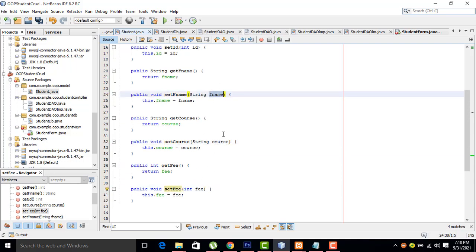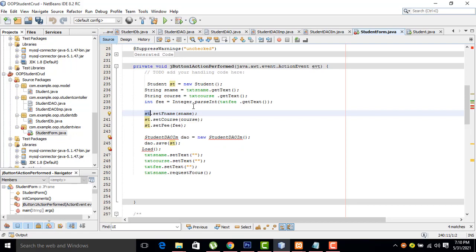They take all the values you typed in the text fields. It retrieves them like this, and all these are the parameters we are passing here. It will be returned here.